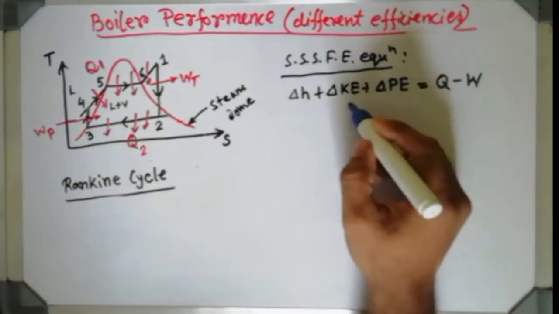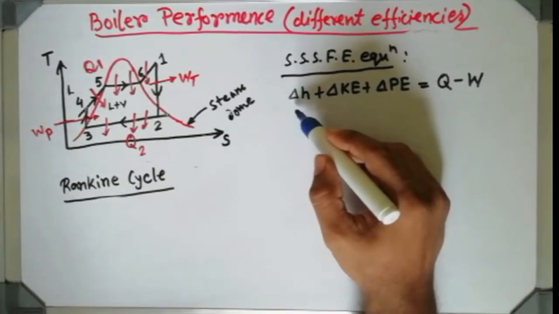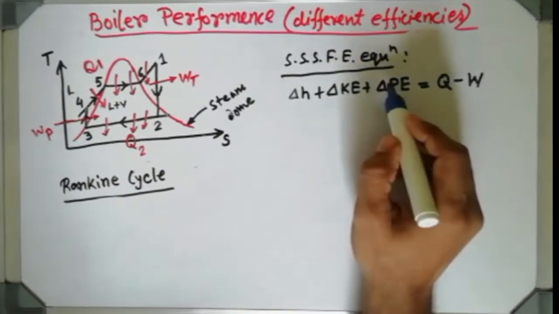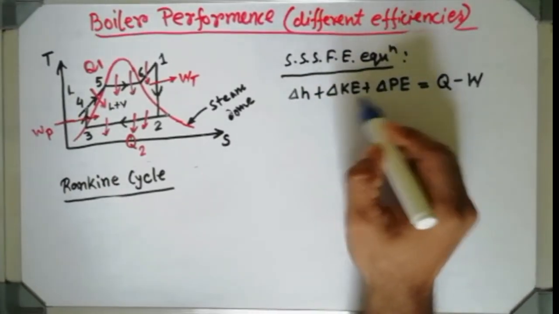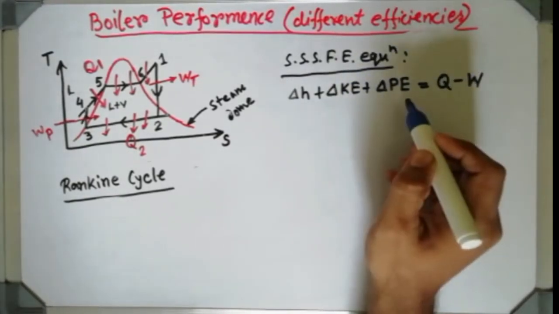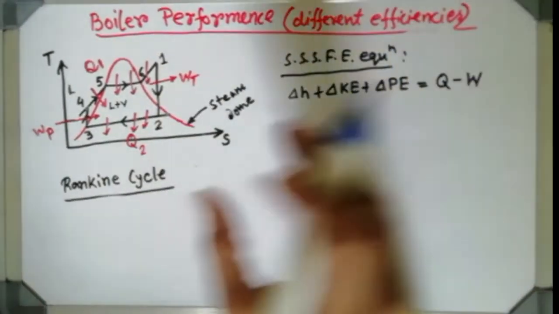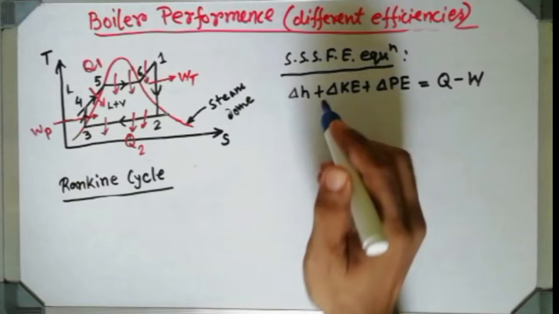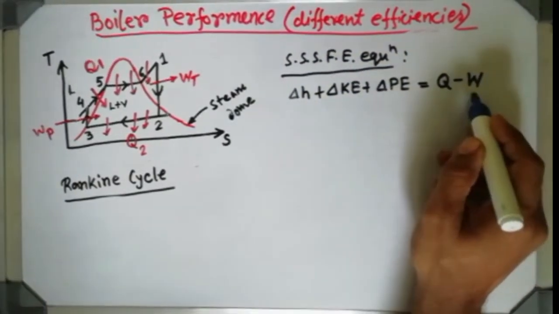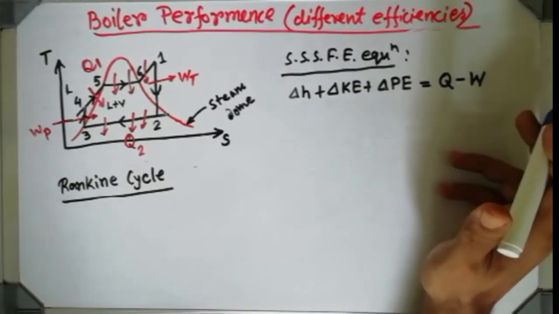Okay. It is basically a sum of 2 energies, internal energy and flow energy. Obviously it is energy. Kinetic energy and potential energy people already know, so I am not going to discuss these two. And del means the change, that means in and out. In and out, if there is any change, then that will be expressed by del, and that must be equal to Q minus W. Q means the amount of heat and W means the amount of work.